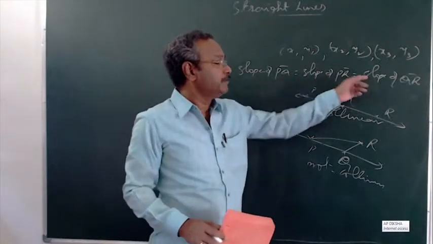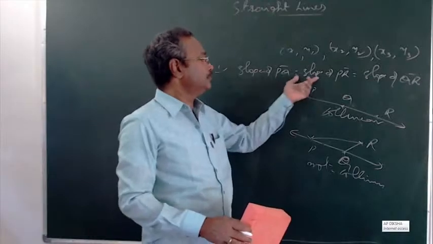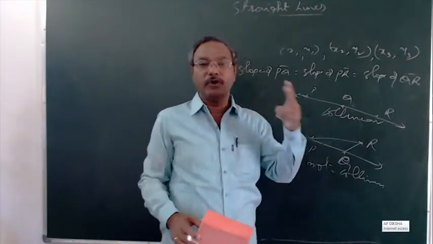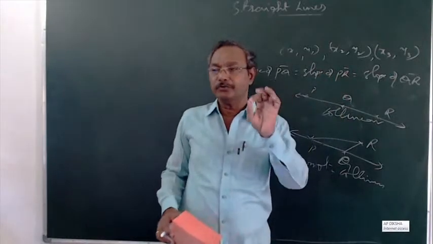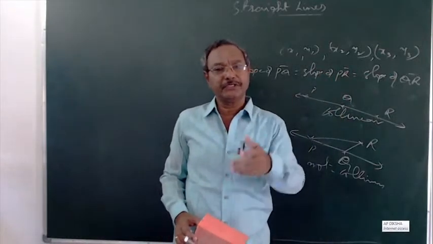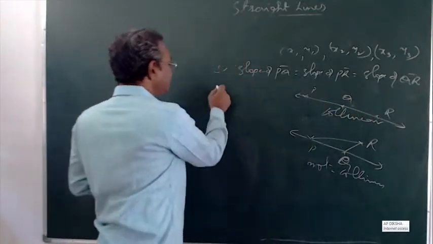So of these 3, you need not check the slope of all the 3 line segments. It is enough you check the slopes of any 2 line segments, either PQ or QR or PR. Any 2. If the slopes of any two are equal, and you prove that, that's enough. That's the first method. The other method